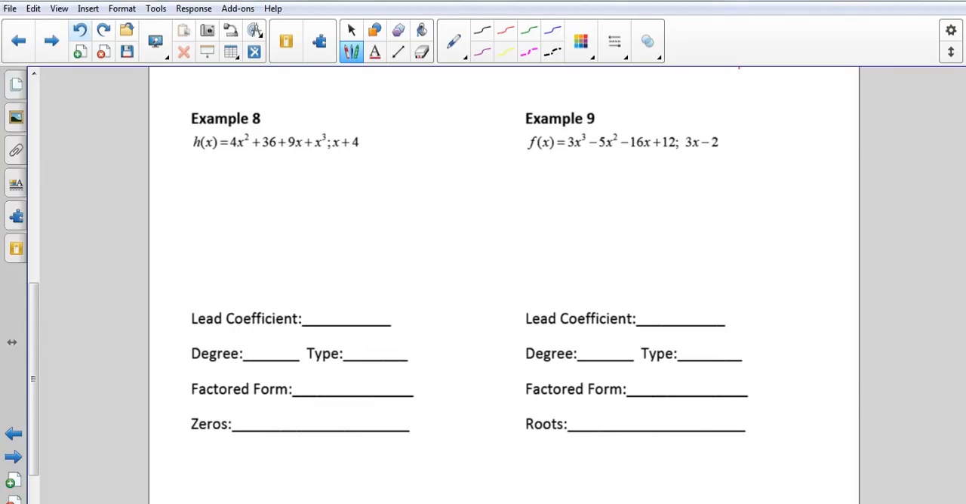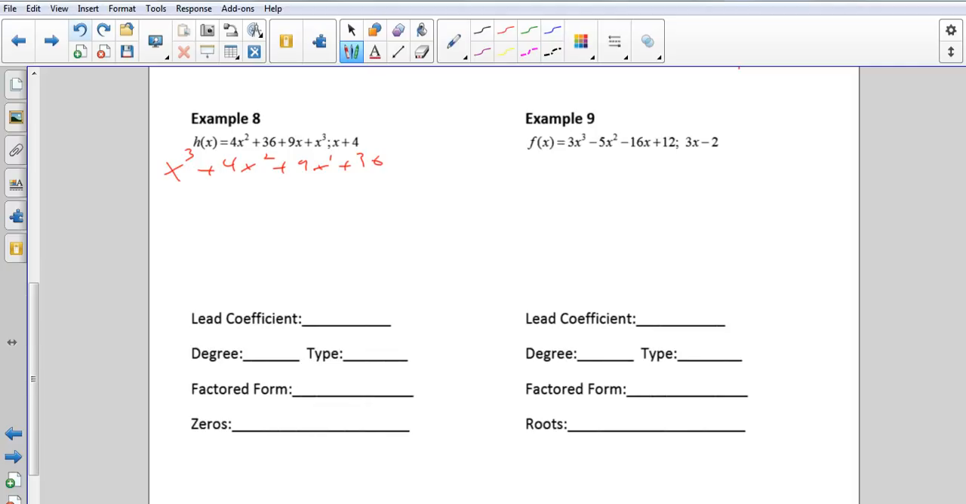So here we go with example 8. Start to finish. Now, the key thing is, make sure you have everything in order. This one is not in order, so we need to rewrite it as x cubed plus 4x squared plus 9x plus 36. We have 3, 2, 1, none. So now I can